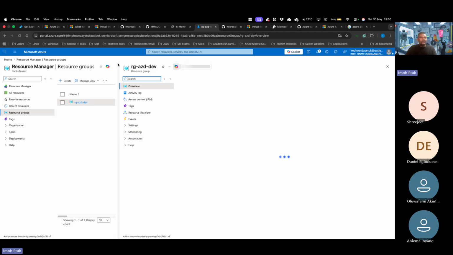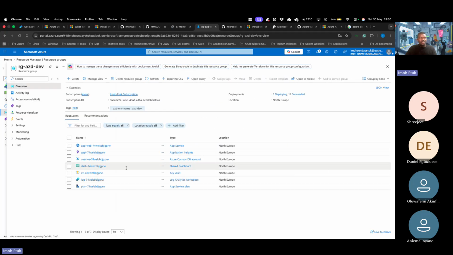So with just one command, you're able to deploy this stuff. If you were using the portal, coming to click, you know how many times it will take. So one of the reasons why you need to understand commands is that it will help you to